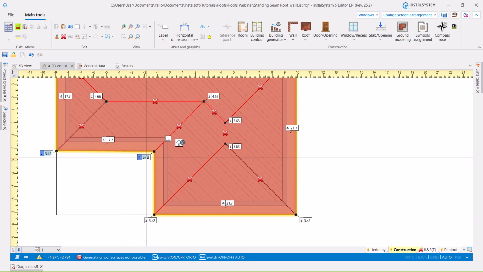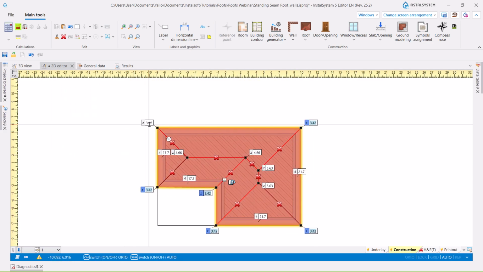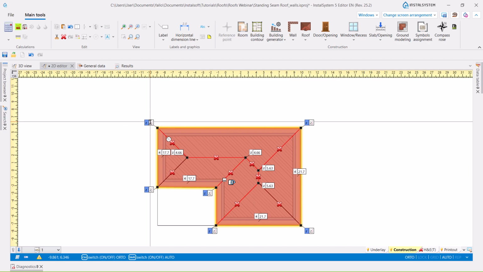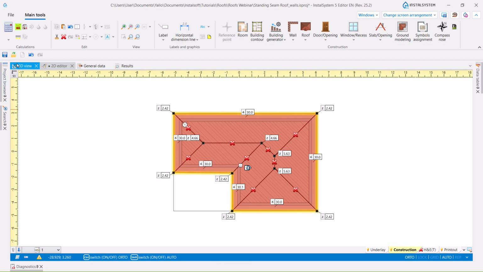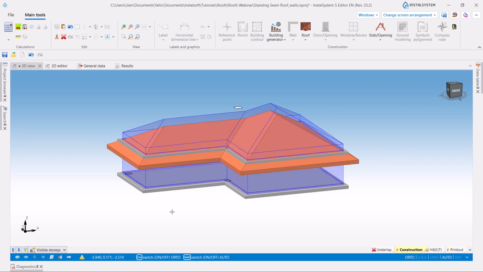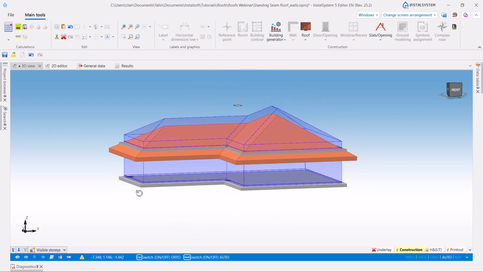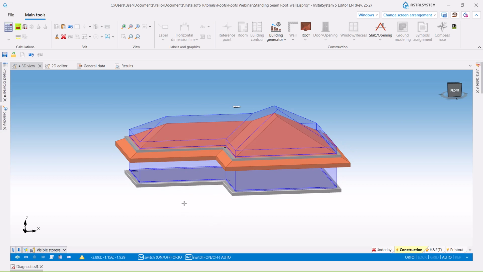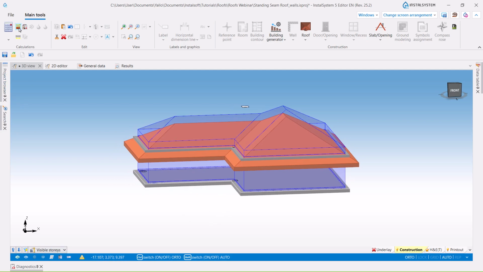And here also we will change to 242. And on 3D view, we can see the roof that we created now, and here is the place of the roof created previously. So let's calculate,